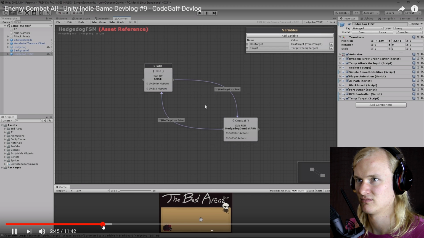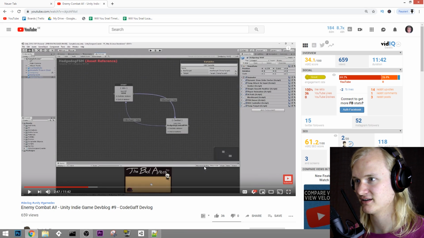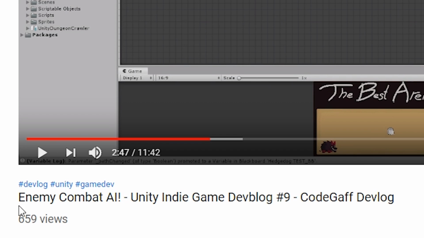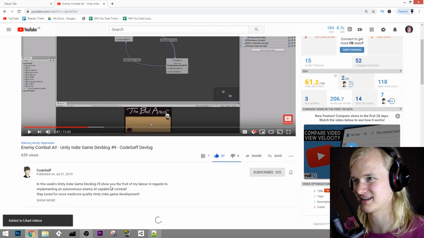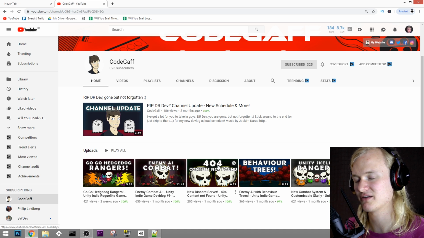You can see here, to go from idle to combat, the condition is that... Okay, and then once again, some tutorial stuff in here, clearly. Some stuff that will be useful for people that use Unity, some behind the scenes stuff, some very technical stuff. But then there's no Unity in the title. Okay, there's Unity here as a hashtag, but YouTube doesn't really care about those hashtags at all, for what I can tell. If you get really technical and if you make a video that is useful for Unity users, then why not